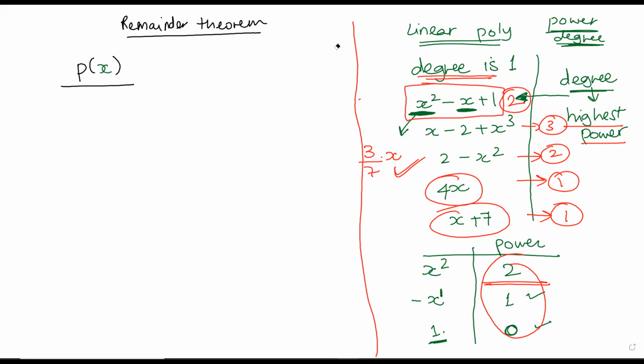So our polynomial p of x has a degree of 1 or greater. And if we divide it with a linear polynomial, let's say it looks like x minus a. So we have a polynomial p of x. It could be a 1 degree polynomial, a 2 degree polynomial, 3, 4, 5, and so on. It is any polynomial p of x, and we are dividing it with another polynomial, which is a linear polynomial, x minus a.